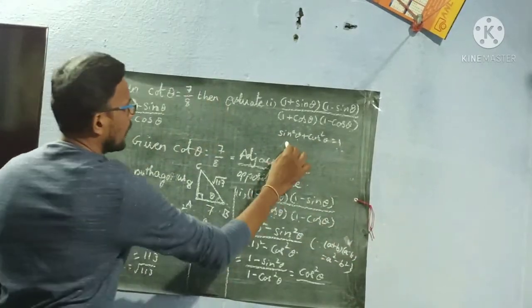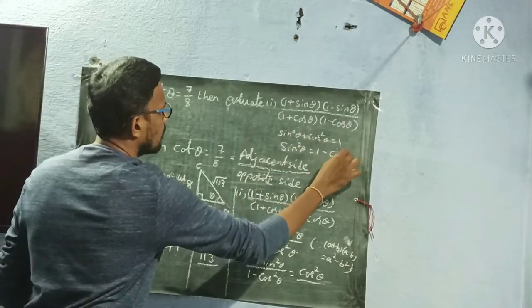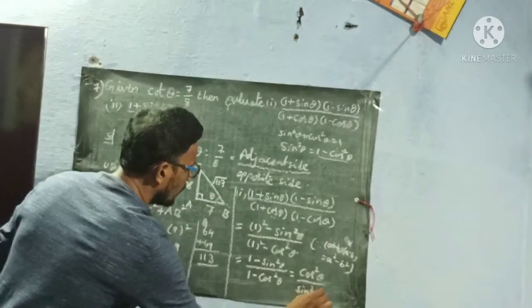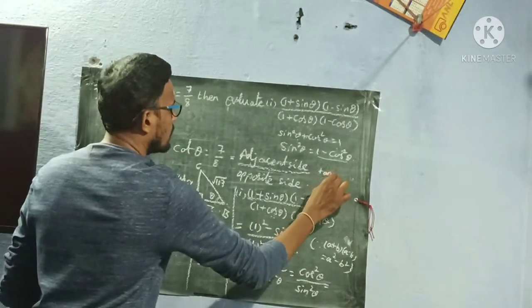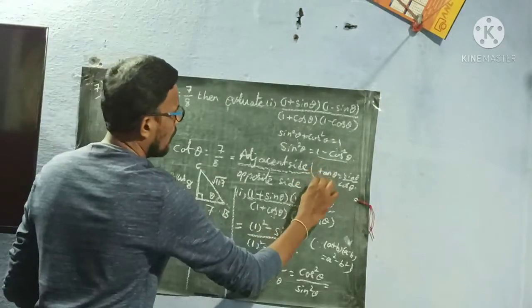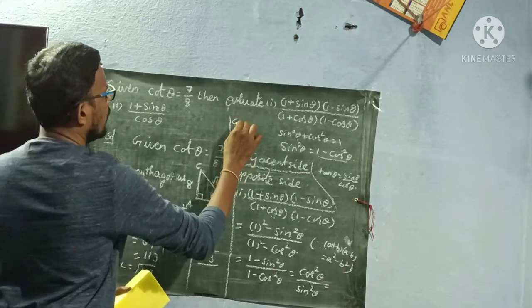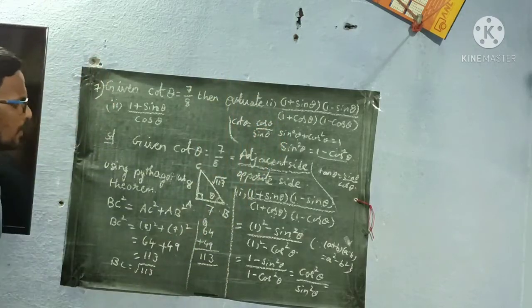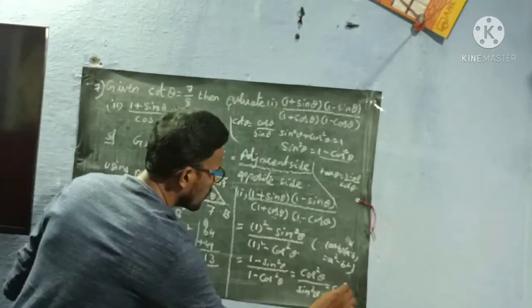Now I want sin² θ. So sin² θ keep like this only, and we send the cos² θ across, so 1 − cos² θ. Instead of 1 − cos² θ I am substituting sin² θ. So cos² θ by sin² θ. Always remember tan θ is equal to sin θ by cos θ, and here I will write cot θ is equal to cos θ by sin θ. So here we are having (cos θ by sin θ) whole square, so that becomes cot² θ.